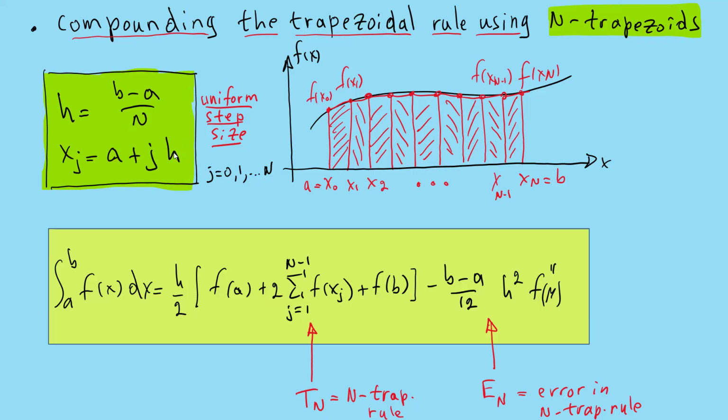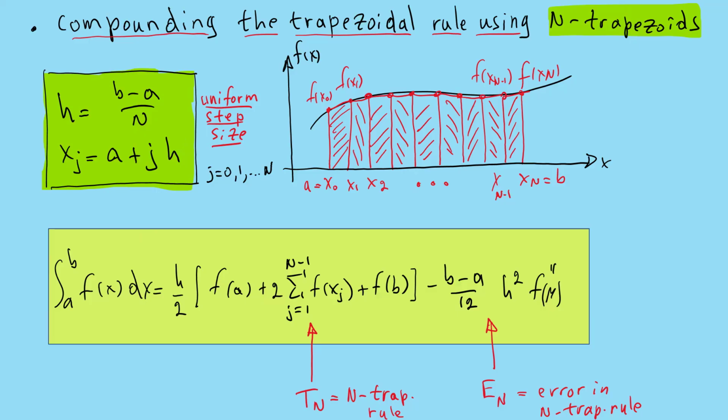By these equations, we can find the value of x sub j. Based on this equation, we have the summation of the function at point a and at point b, but any points between a and b we multiply by 2 because each point is